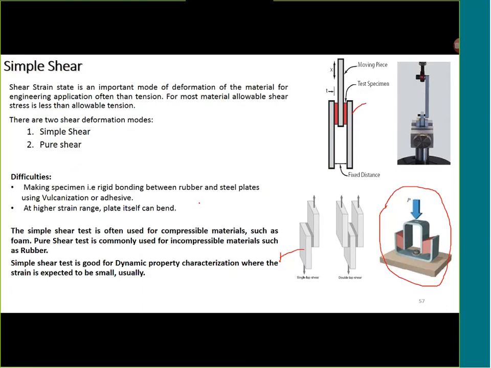However, the simple shear test is not commonly used in the industry to test rubber components because of two simple reasons. First, when you bond this rubber and this metal, it is very difficult to achieve a perfect bond. Whatever the chemical composition, whatever the adhesive you use, even a very tight glue may not give a very perfect bonding such that we cannot introduce pure